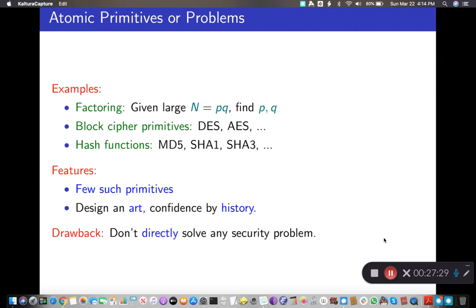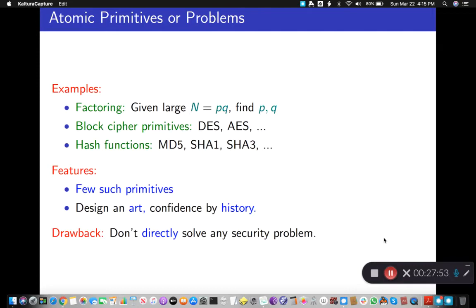But also from the cryptographic perspective, the difficulty is that they don't actually, at least directly, give us encryption or give us a solution to a security problem. So look at factoring. Even if you know that given a composite number n, it's really hard to figure out the factors, what does that have to do with encryption? I have a file here and I need to encrypt it. What am I going to do?